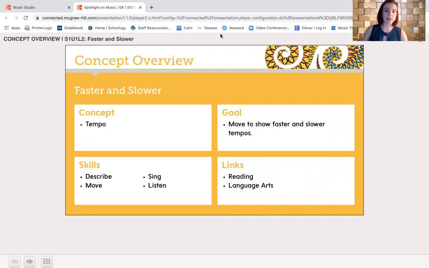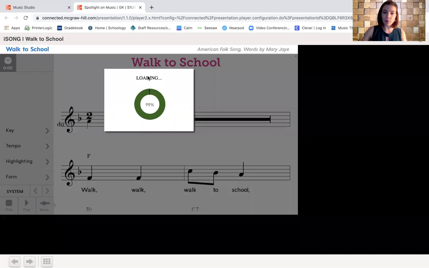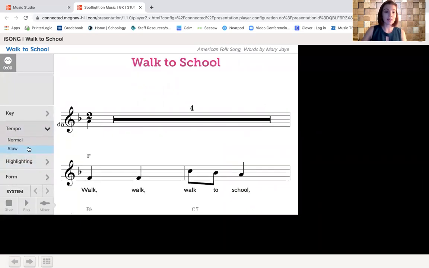Today we are working on the concept of faster and slower, which is called tempo in music, and we are going to be able to move to show faster and slower sounds. So listen to this song and think about the movements that are in it. Think about the different ways that people get to school, and I'm going to let you listen to it slow first and then